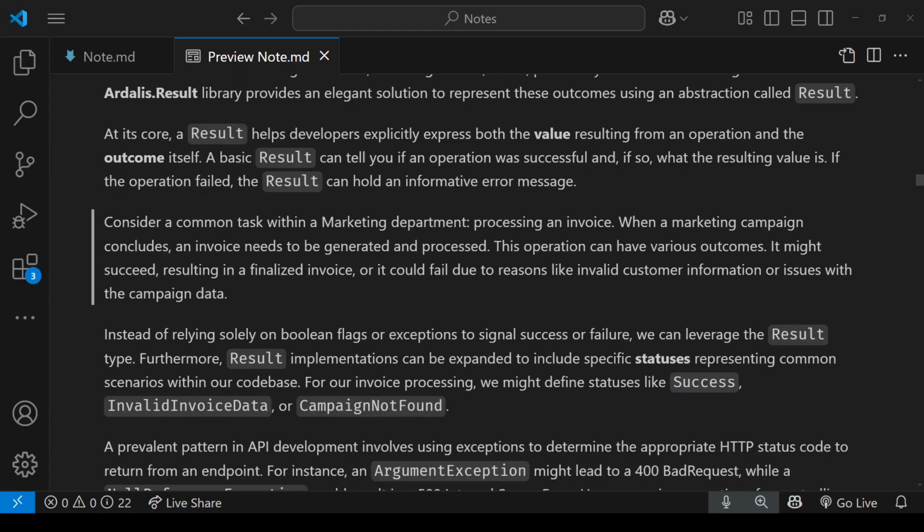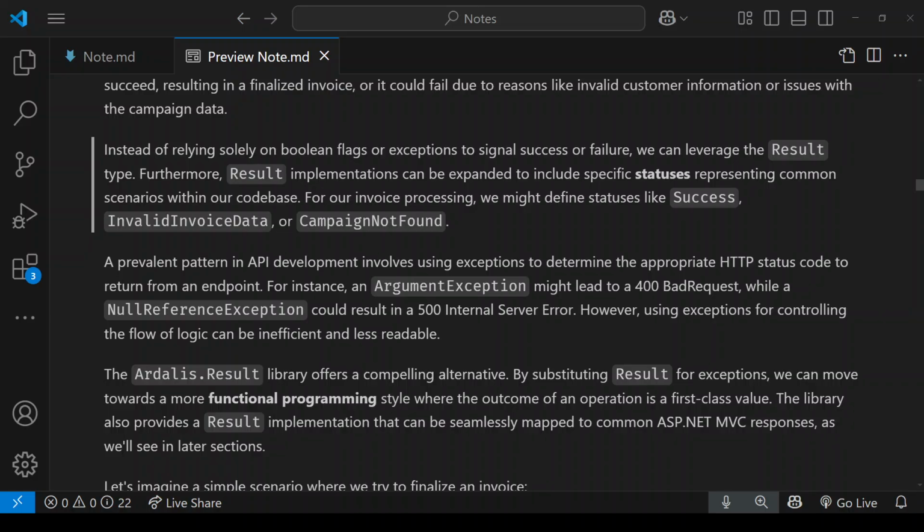So this is the scenario that we want, right? Consider a common task within a marketing department, processing an invoice. When the marketing campaign concludes, an invoice needs to be processed. The operation can have various outcomes. It might succeed, meaning that the invoice was finalized. It could fail because, for example, the customer information was invalid or some issues happened. So instead of relying on Boolean flags or exceptions to signal success or failure, we can leverage the result pattern. And the implementations of result can also